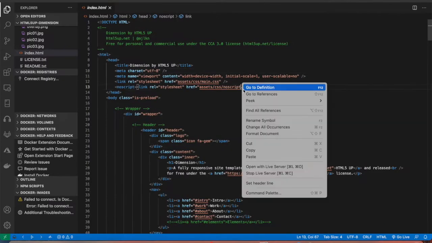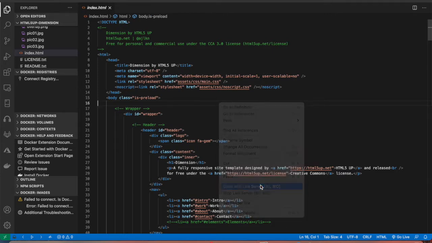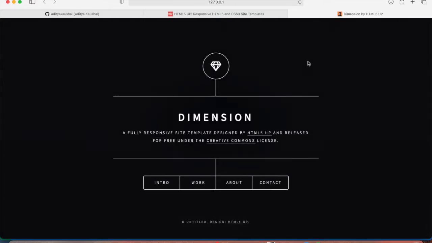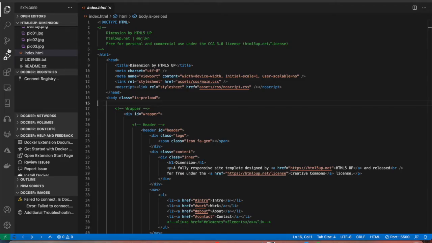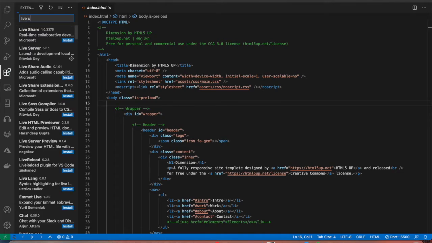I'm going to use the live server. You can right click and go to open with live server. You can get this live server extension from the extension button here, by clicking the extension button and searching for live server.